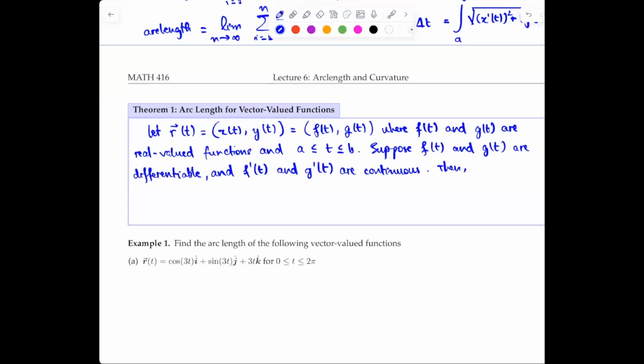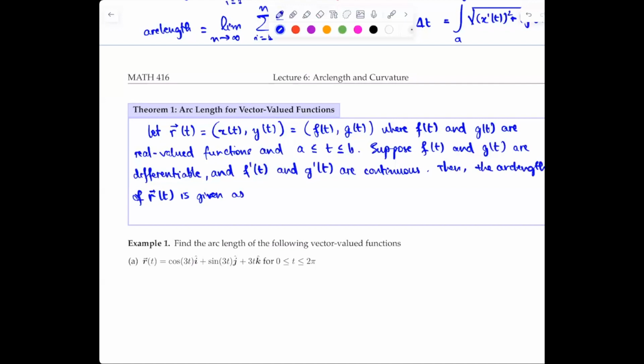Then we have the arc length of r of t is given as